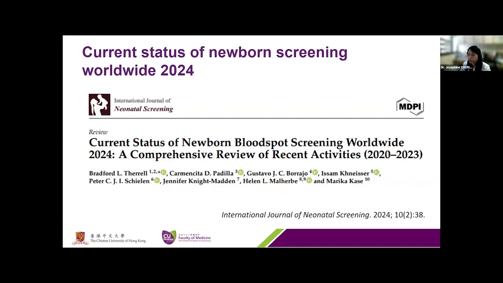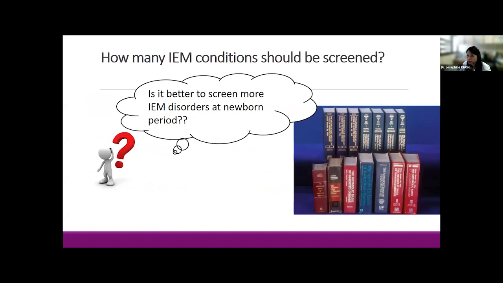But you may wonder, worldwide they are still using biochemical testing as reported in this journal. So how about genomic screening? Genomic screening has actually been run as a trial in some programs in different localities. But there are a lot of challenges we need to overcome before we think of a local genomic screening program. So with more than 1,500 IEM disorders in mind, do you think it is better